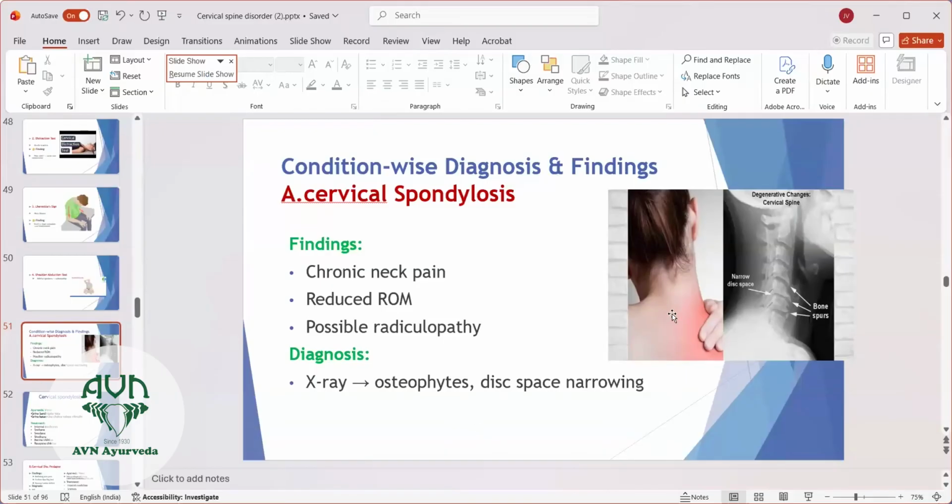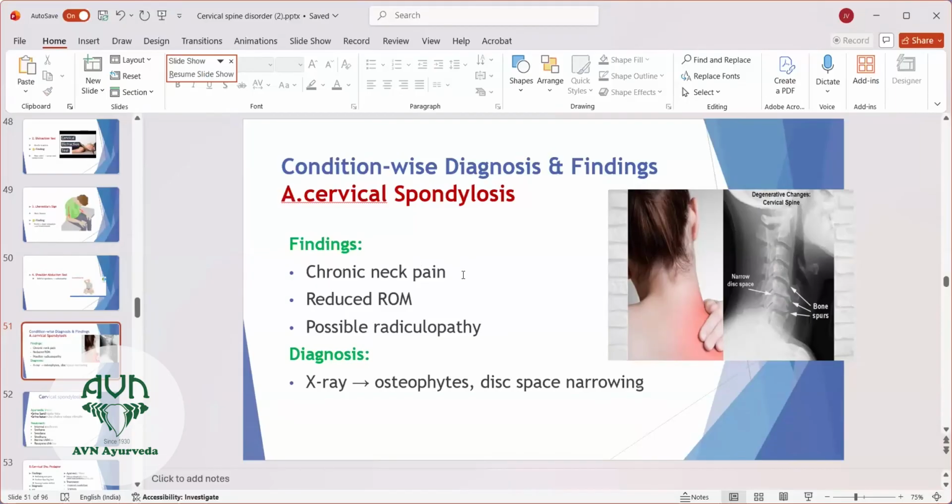Osteophyte means, we have 7 cervical vertebrae in the cervical spine. Between the first and second vertebrae, atlas and axis, there will not be any disc. Between the second and third, you can see a space. This is the intervertebral disc. The normal space will be like this. Here also the normal space. Here also somewhat normal space. Here the disc space is reduced